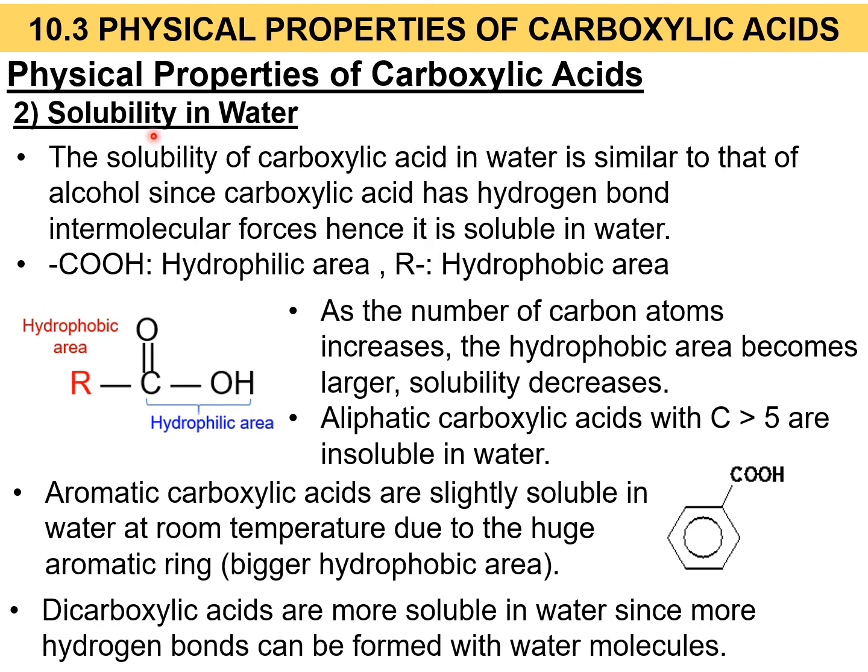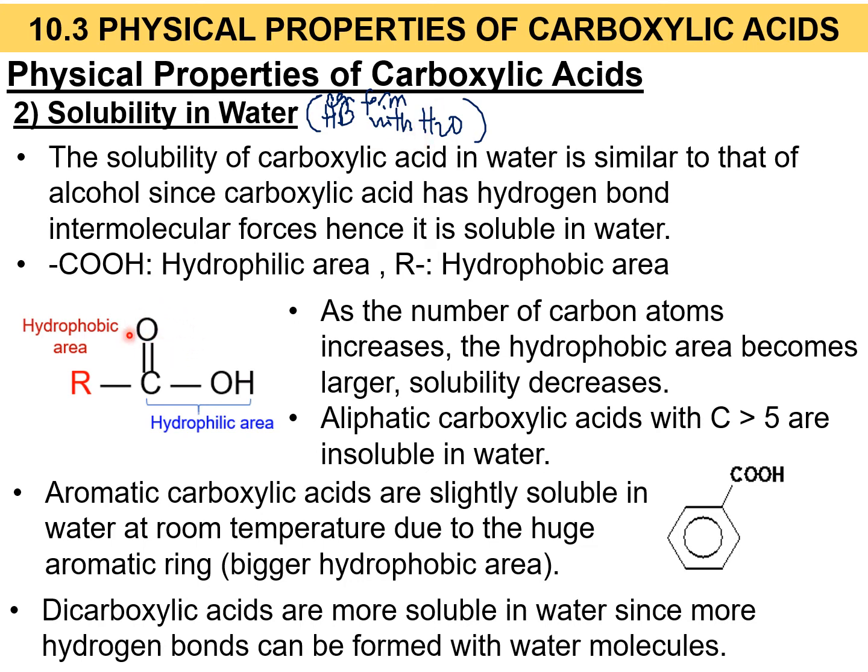Okay, the next physical properties of carboxylic acids that you need to know adalah solubility in water. Bila kita bercakap pasal solubility in water, ingat lagi tak? The organic compound will be only soluble in water if only dia ada hydrogen bonds. If only dia boleh form hydrogen bonds with water, because water pun dia ada hydrogen bonds. So only hydrogen bonds boleh soluble in hydrogen bonds. Since kita tahu carboxylic acid ni dia ada hydrogen bond, okay? So dia bolehlah tenggelam dalam water.